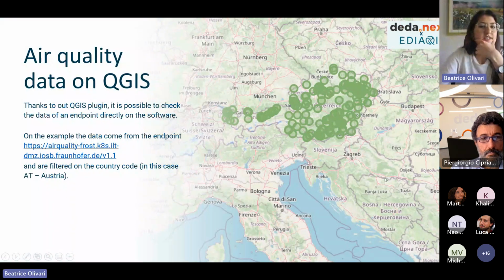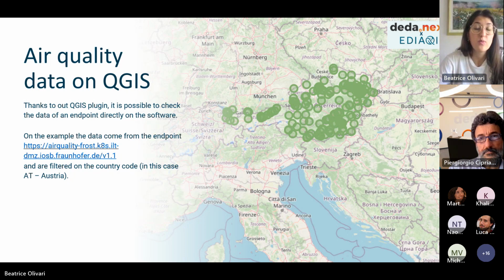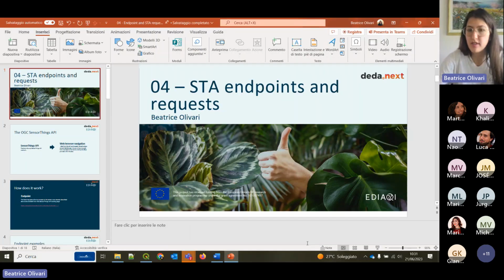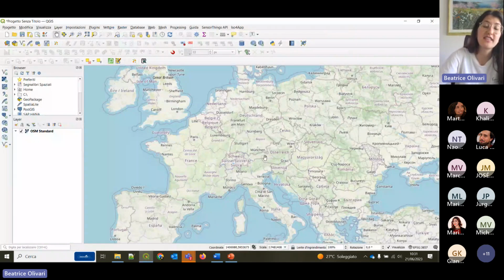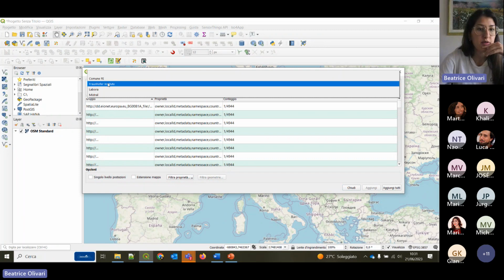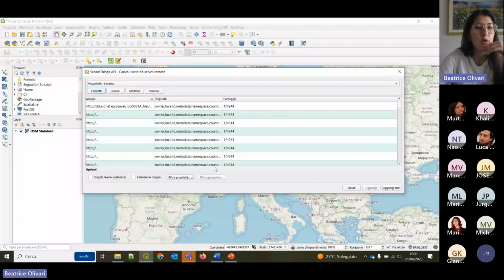And finally, just to see this data, we can use QGIS. We actually built a plugin for QGIS to see data from SensorThings API endpoints. So here, if we use the plugin, and I connect it to the Fraunhofer Institute, I can see all the data.